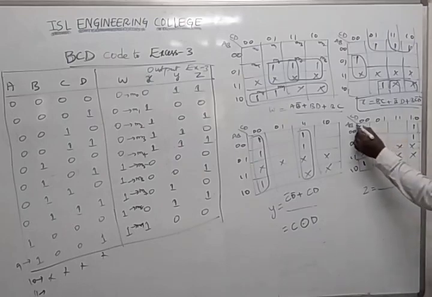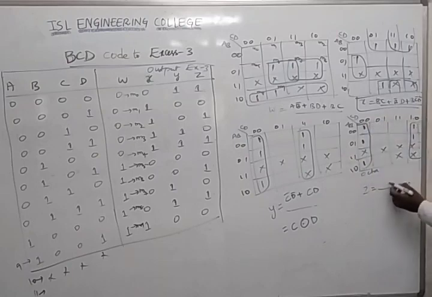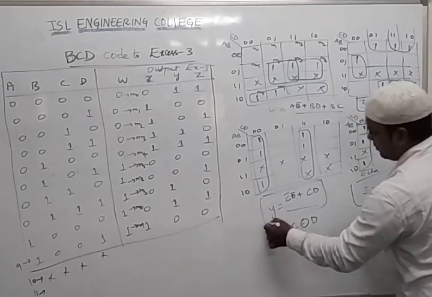Now for Z what can I write? I can combine like this and this one. This is nothing but an octa. So we are getting an octa combination, because this corner folding and this corner folding. Only we will get a single binary. What is the single binary? D. So the answer for that is D is 0, that is D bar. So we got this, and we got Y. So we found all the values.